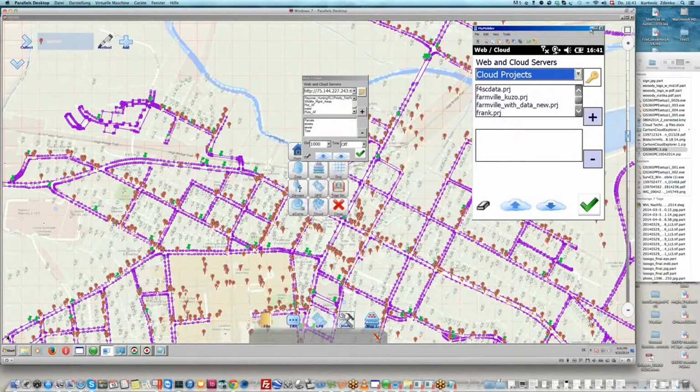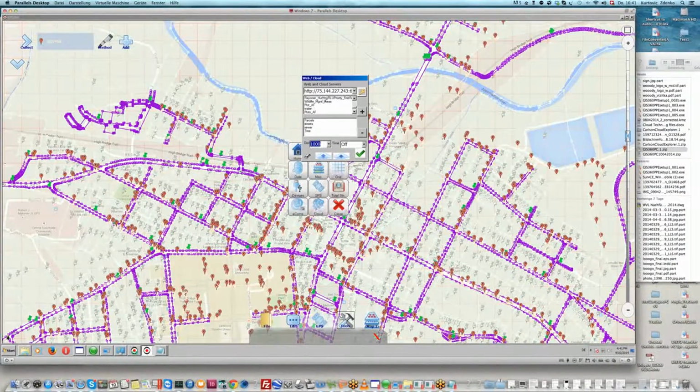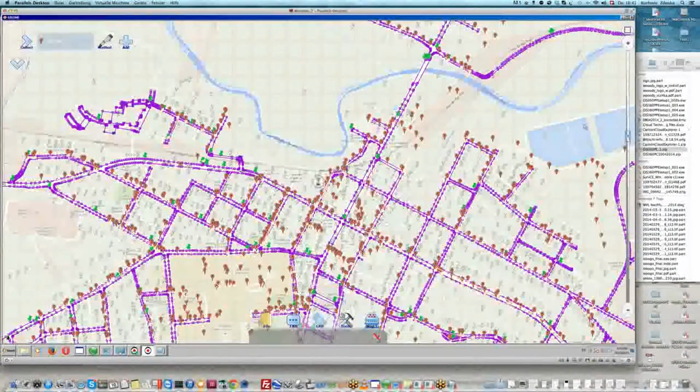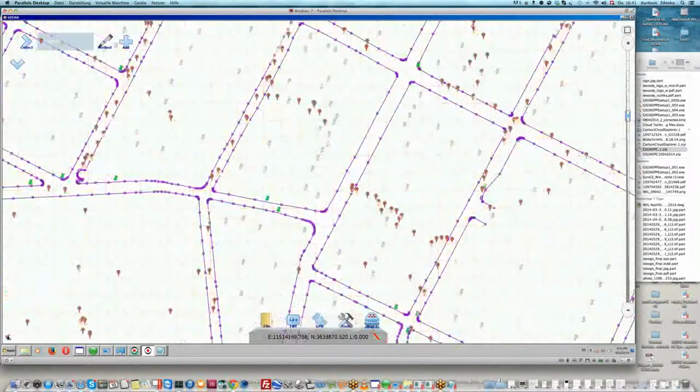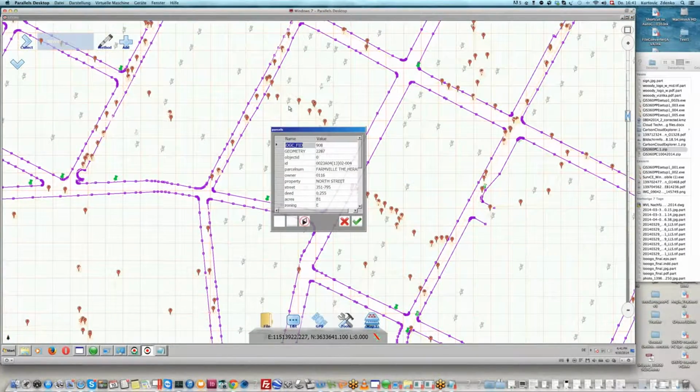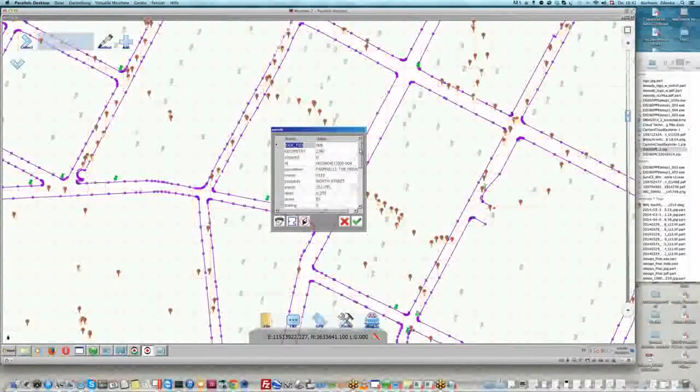So let me go back to my big PC, and you see everything is loaded. I click just on yes, and now I will zoom up a little bit. I will zoom here, and all my data are here. If I go to edit item and I click on a parcel, I have never seen those attributes in this, we call it schema. That has nothing to do with GIS360. It's not created by us. It's created by the IT guy in this department, who was uploading his database to the ArcGIS server, for